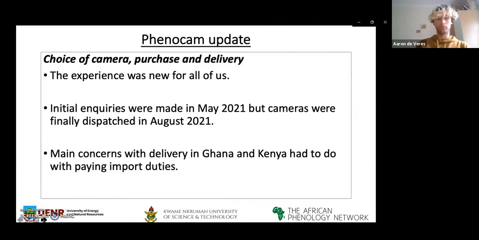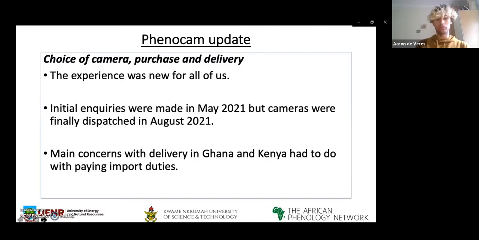And when they were dispatched in August, for the documents that I received, they were dispatched around 11th August, and they got to me on 20th August. So it took 10 days in all. And I think a key concern had to do with